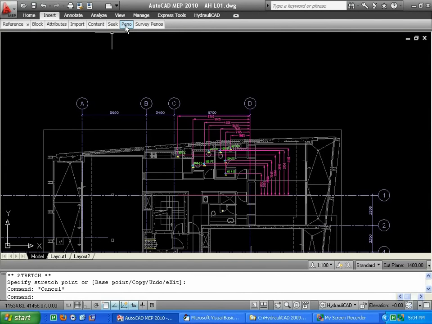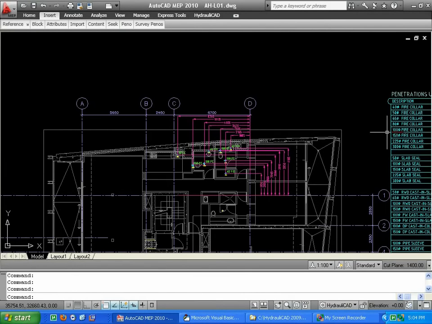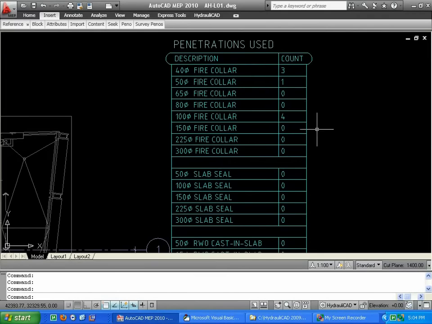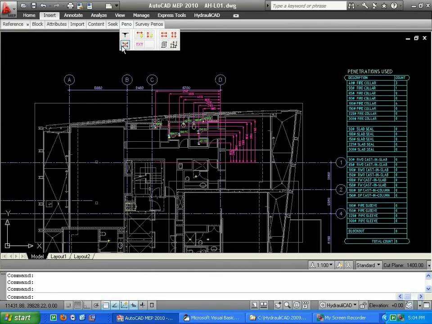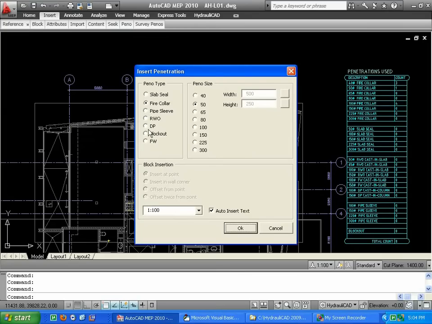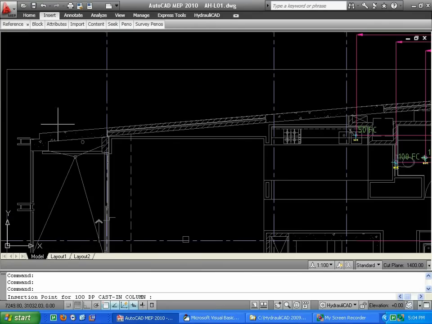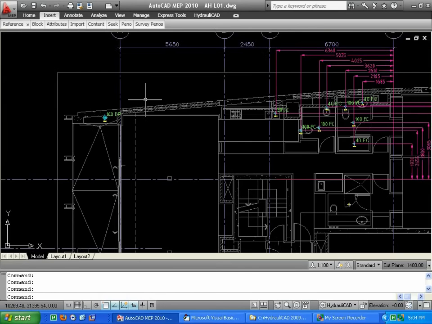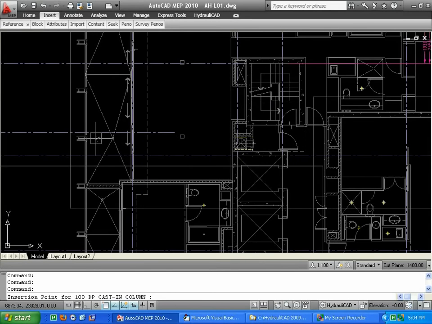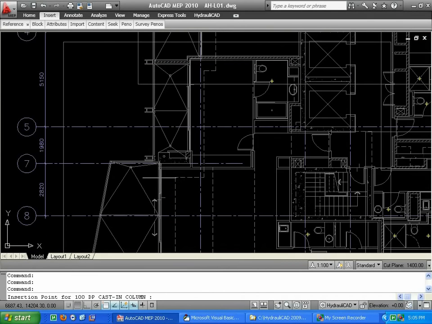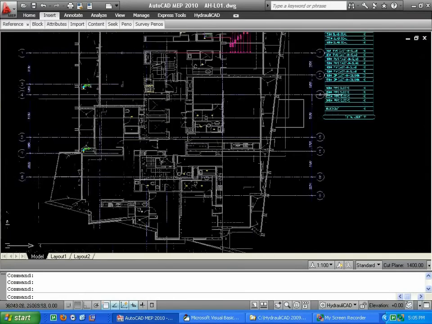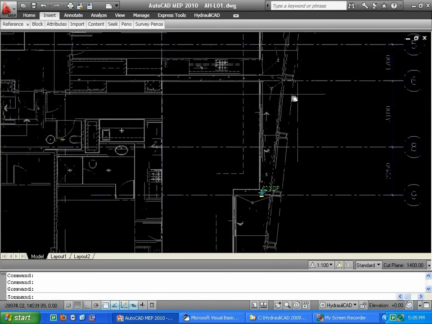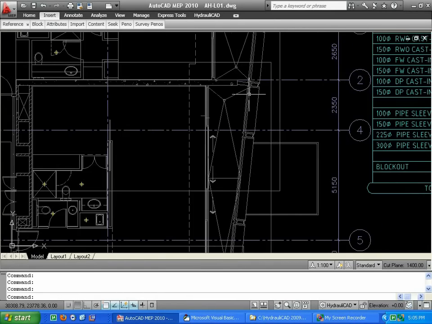And we can put in a legend if we want to, so that'll just tell us how many fire collars we've got there, or whatever type of penetrations, and the total counts. The same thing goes with all the other types of penetrations. So we could put some downpipes in. Usually we don't need to put too many dimensions on the downpipes because they're inside the columns. As we put them on, the tally starts tallying up here as well. So we go through and put all the downpipes in,